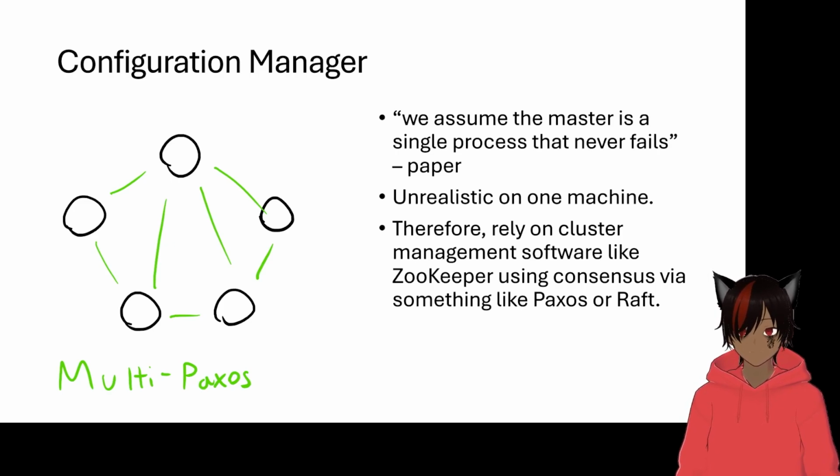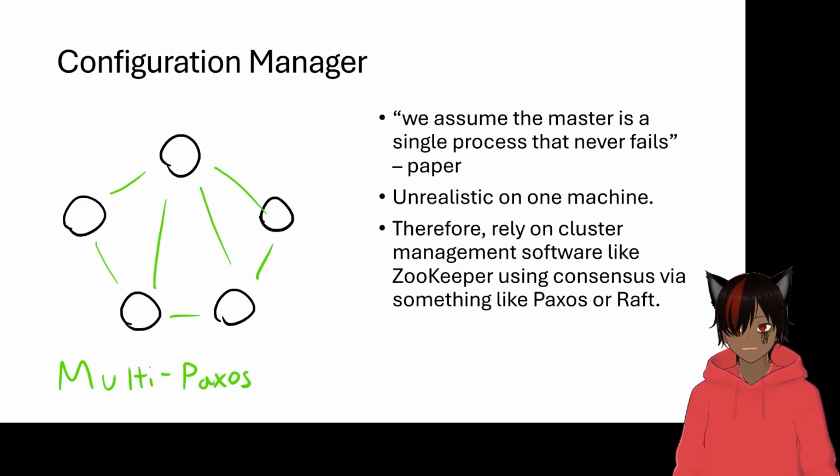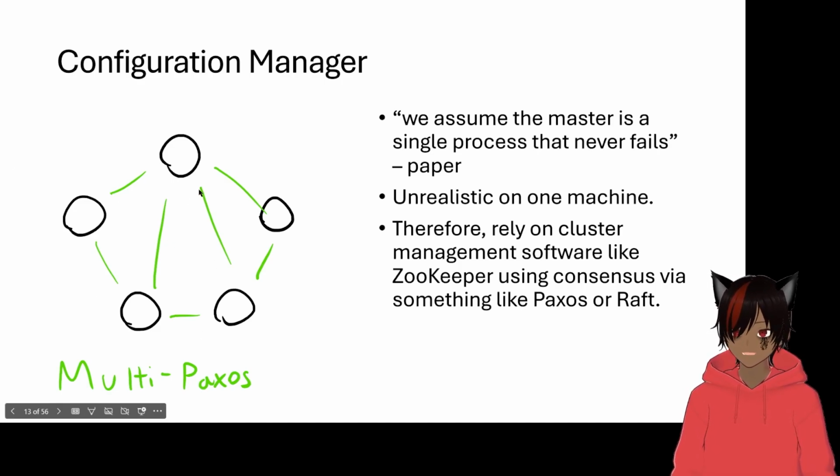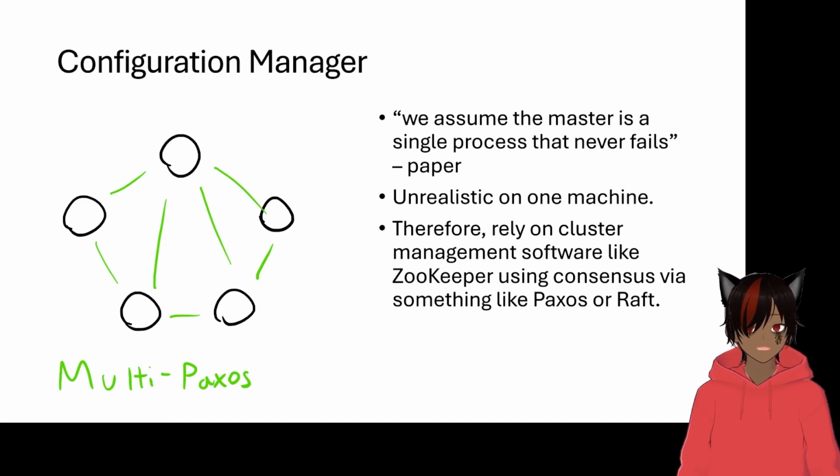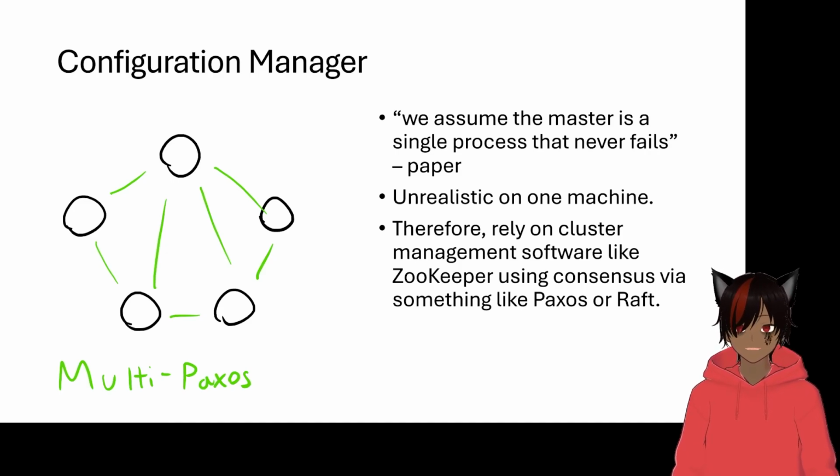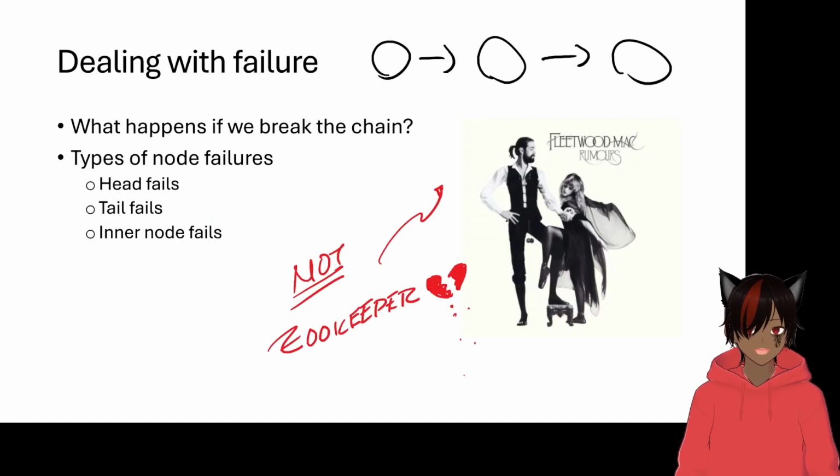Raft or consensus in general requires a majority of nodes to be up. So in this example of 5 nodes here, 3 of them need to be up for the cluster management software to keep running. And it has the strongest consistency model of any distributed system, which is linearizability. So essentially, yes, you have 5 nodes here in the best case, but really they're acting like one machine. And you can really think about it as one machine as you're programming against it, which is nice. But okay, let's move on with chain replication.